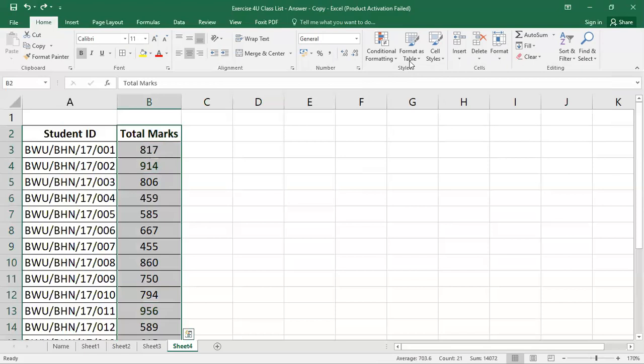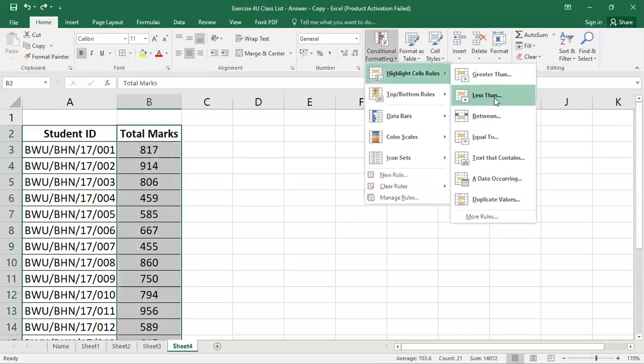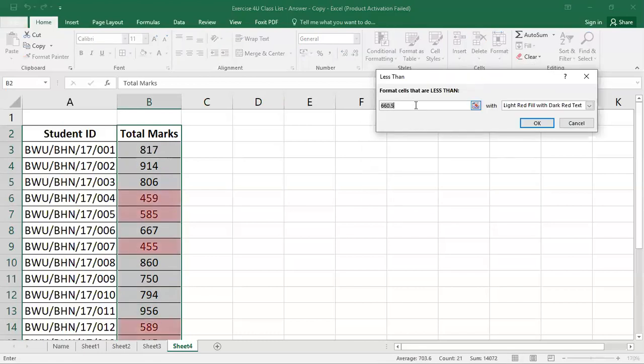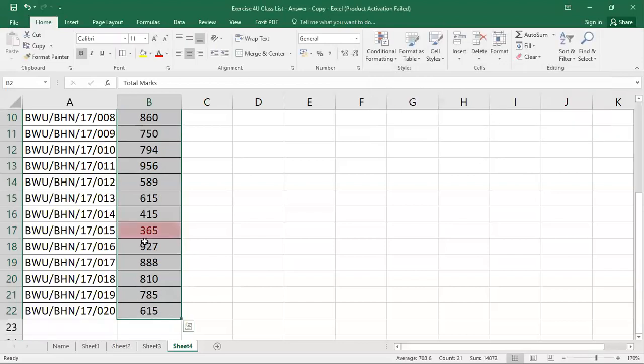This is the rule of the greater than, this is the rule of the less than. Right now I want to highlight how many students got less than 400. So if I select 400, I see that only one student obtained less than 400, that is roll number 15.